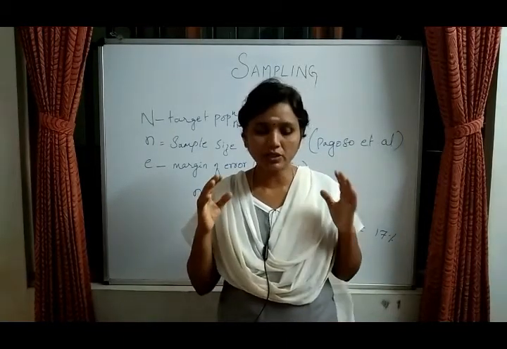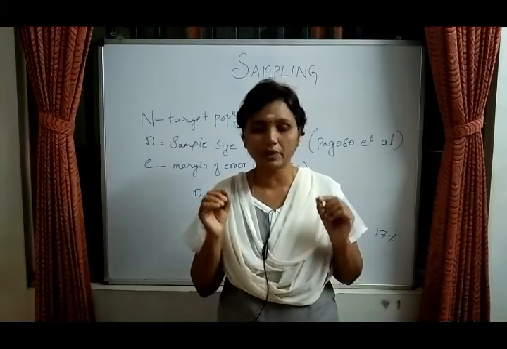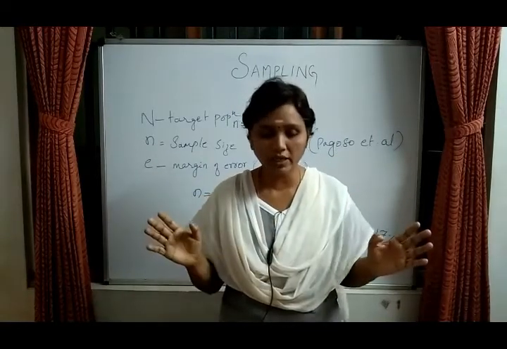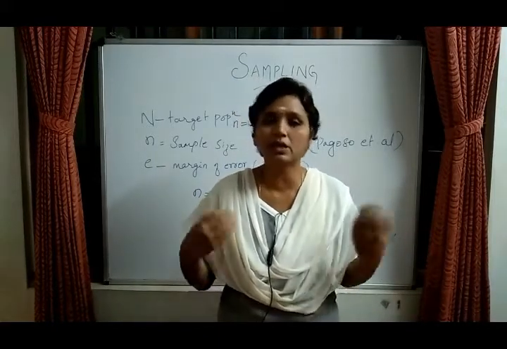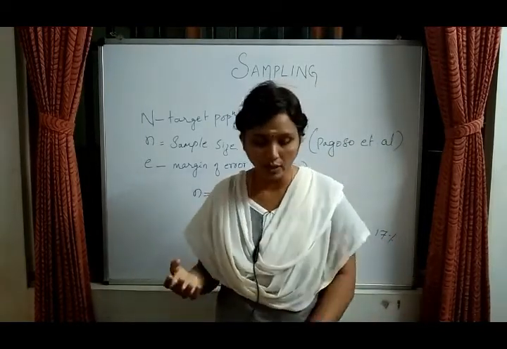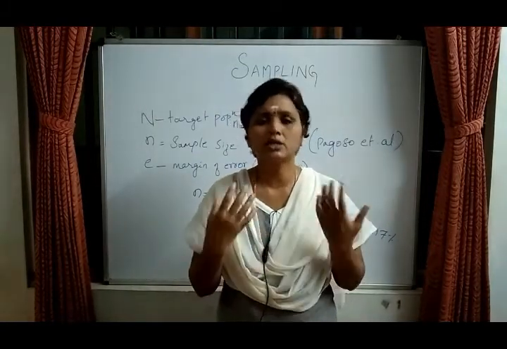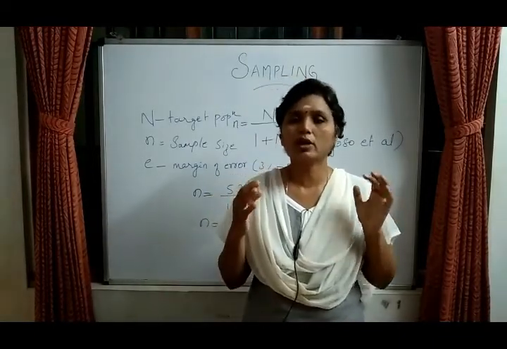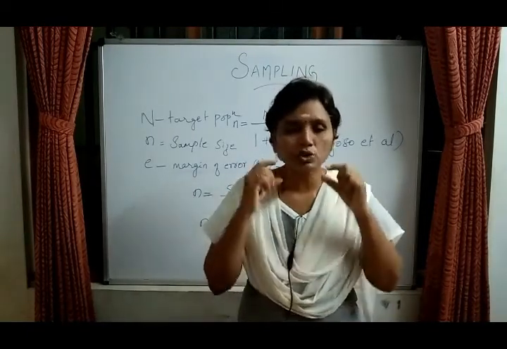Okay, the advantage of simple random sampling is that it is easy to conduct, has a high probability of achieving a representative sample, and meets the assumptions of many statistical procedures. Disadvantage, identification of all members is impossible. We may be missing some of the population, and contacting all the members is very difficult. Here is how the selection process is carried out in simple random sampling. For example, in a school classroom, 50 students are present. In that, we have to select 20 samples.